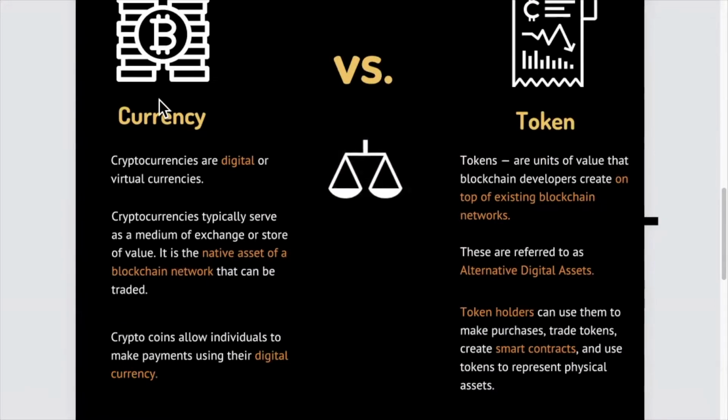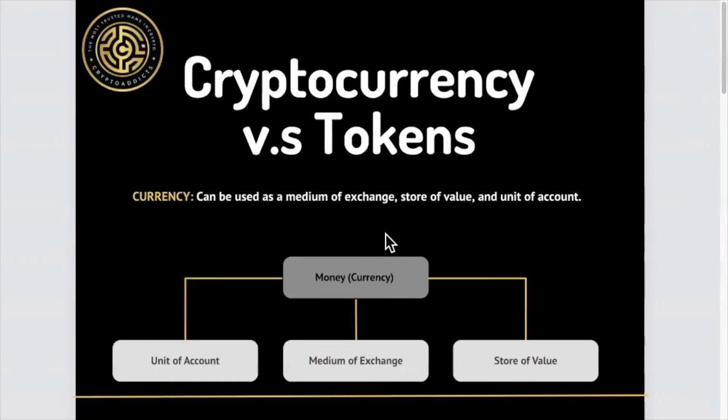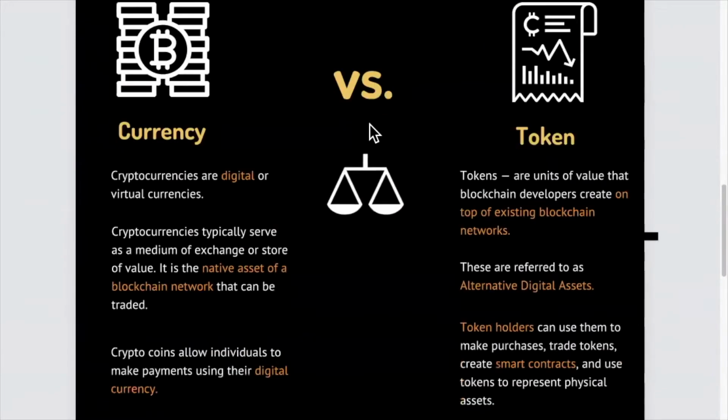Tokens derive their value from the technology that they've built, and cryptocurrencies just have an inherent value based on what the market believes it's worth. If everyone in the market believes that Bitcoin should be worth more, it'll become worth more. So that's a brief introduction to cryptocurrencies versus tokens. It's important to understand while you're investing in this space the difference between currencies, aka coins, and tokens. And it's important to stay focused in understanding that the developments that happen in the future are going to be one of these two things.